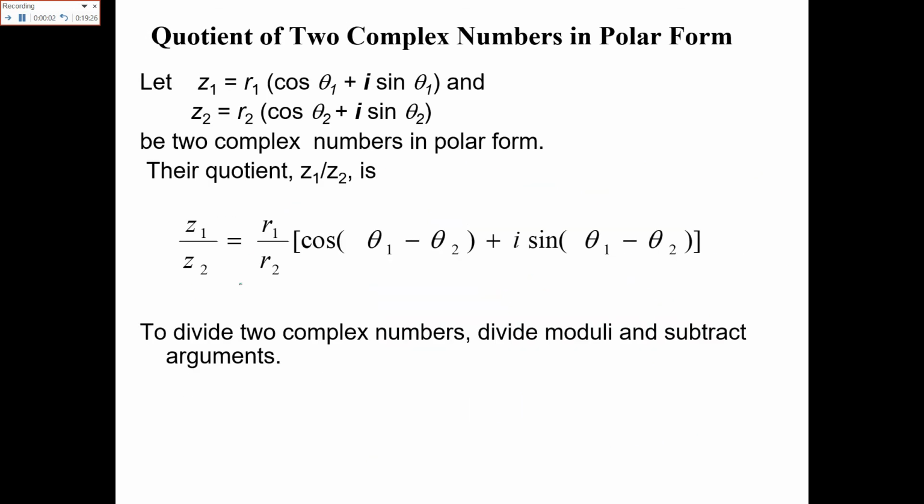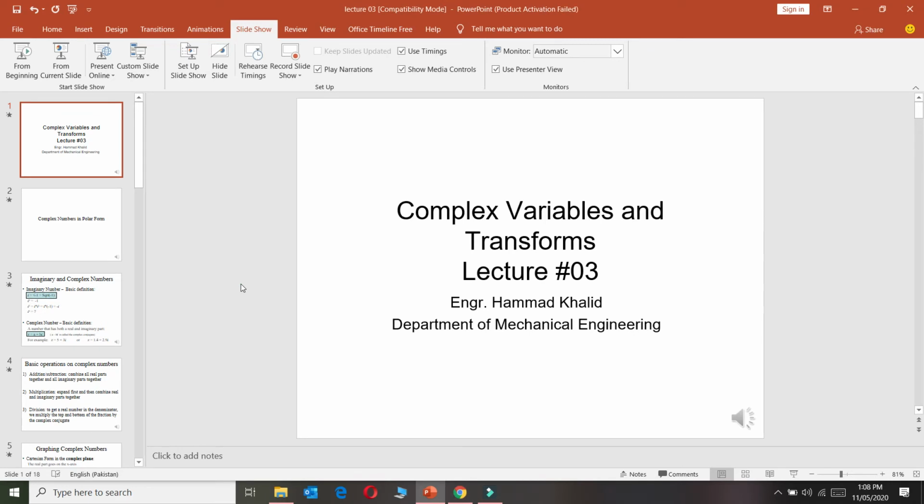So again, as it is said in the definition, if you are having two complex numbers in the polar form and you are asked to basically divide these two complex number, what would be the principle? You will simply divide the modulus of the numbers r1 divided by r2 and then you will subtract their arguments, you will subtract their angles. So it will becomes cos (theta 1 minus theta 2) plus iota sine (theta 1 minus theta 2).